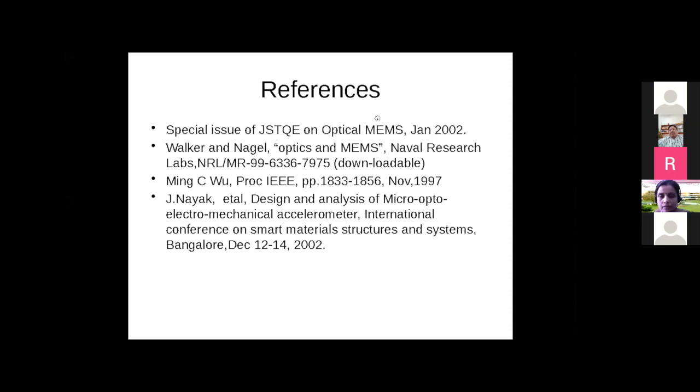Suppose you want to make a mode splitter. Suppose there is a waveguide containing two modes, mode 1 and mode 2. You can make mode 1 go into the first port, mode 2 into the second port by choosing the second waveguide appropriately. You only have to match the propagation constant. If the beta of the second waveguide matches with the first mode, you can tap the first mode. If the beta of the second waveguide matches with the second mode, you can tap the second mode. So this is very important.